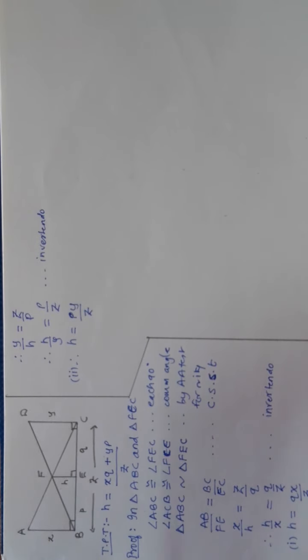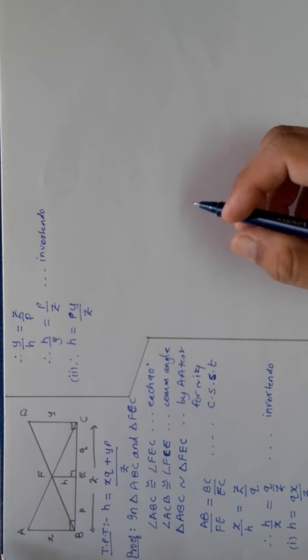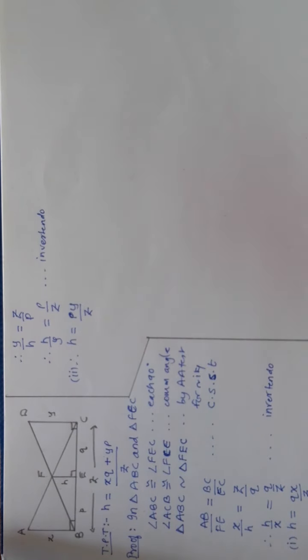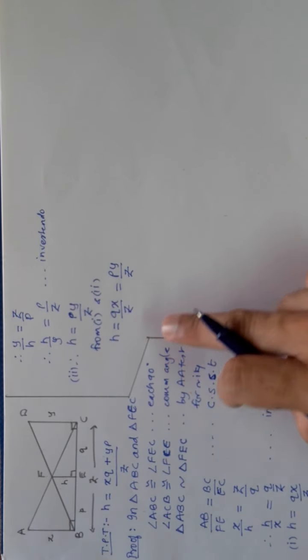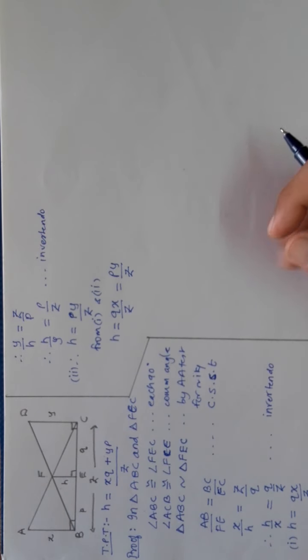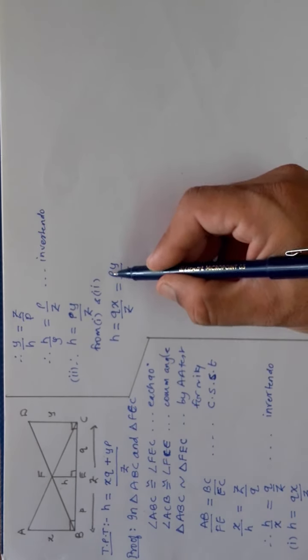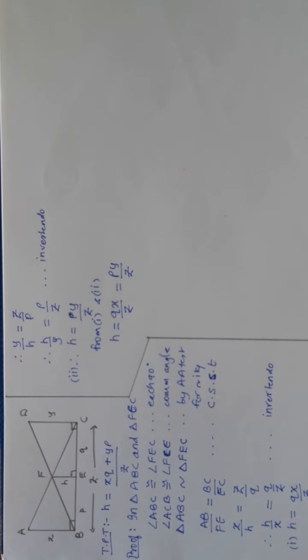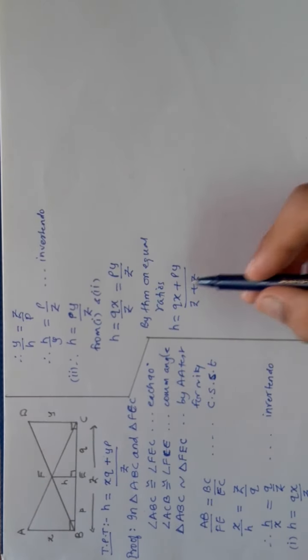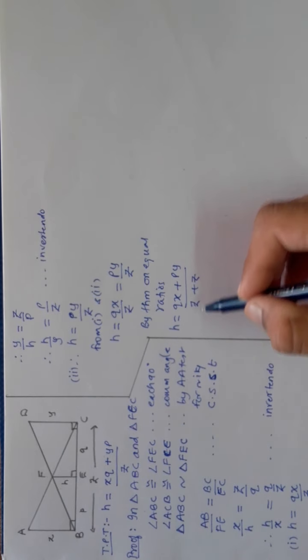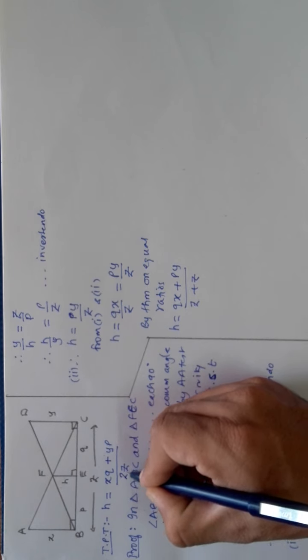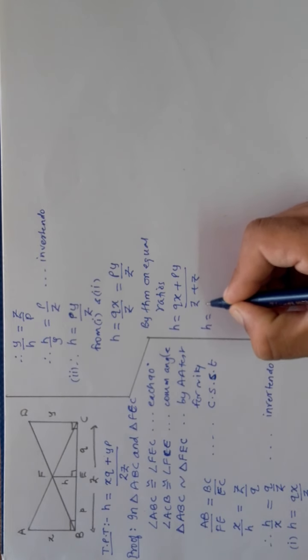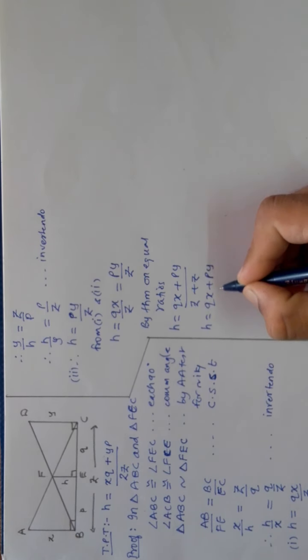Now I will not take more time. What I am going to do is just take the ratios, that is these two are equal, so I am writing it once again. So from 1 and 2 I wrote H is equal to Qx is to Z is equal to Py is to Z. I need to add them. So to add them I will carry out theorem on equal ratio. So by theorem on equal ratio I get this, I am adding Qx plus Py is Z plus Z. That means I will make the change in the proof part also, it will be 2Z. That means H is equal to Qx plus Py is to 2Z.